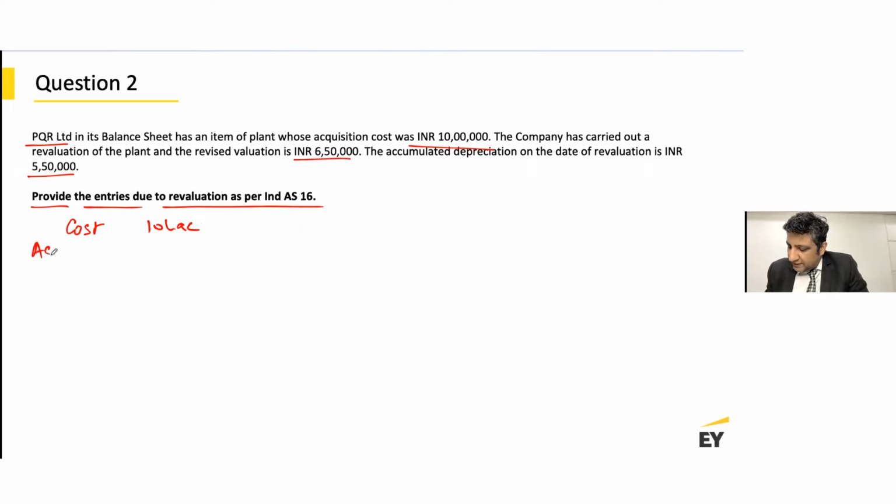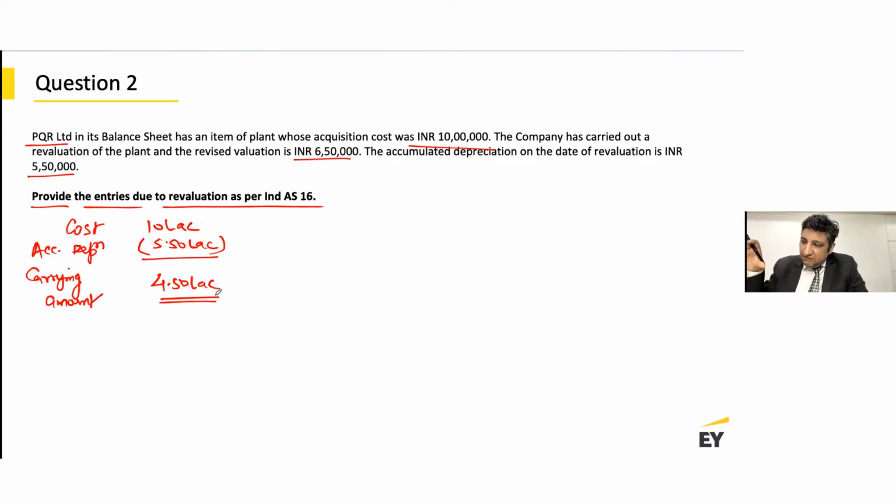The accumulated depreciation is given at 5.5 lakh rupees, which means that the carrying value or the carrying amount of the asset is 4.5 lakh rupees, right? This is the base value against which the revalued amount will be compared. And the revalued amount, by the way, is given at